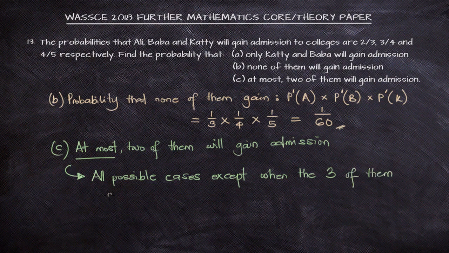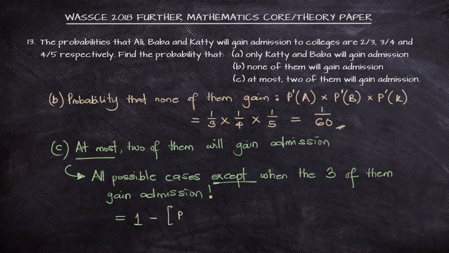So, we can look at all the combinations: maybe Ali gains, Baba gains, Katie fails; Ali fails, Baba gains, Katie gains; Ali gains, Baba gains, and so on. But no, you don't need to stress yourself like that. This is going to be all possible cases except when the 3 of them gain admission. And that will be 1, which is all possible cases, minus the scenario in which all of them gain, which is